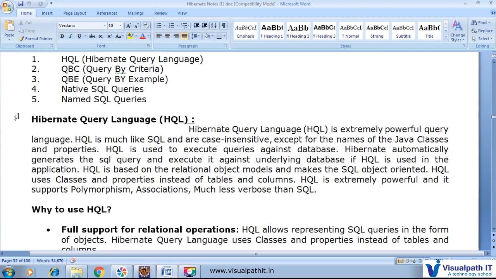Here that customer is exactly the same name as the table inside the database. But when we write a SQL query like from customer C, that customer is not a table name, it is a class name that we created in our application.